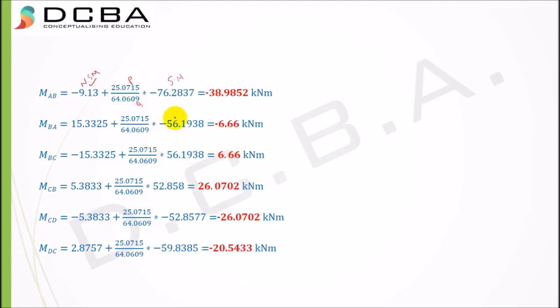Okay, so I hope you got how to do the moment distribution method for a portal frame having a sway, or basically a horizontal deflection. So I found for every point MAB, MBA, MBC, MCB, MCD and MDC. The check is that the two moments at the intermediate joints should come out equal, since there was no moment acting at that joint. And then finally after this you have to draw the BMD. BMD is not in the scope of this video lecture. I'll be showing how to draw a BMD in the next video lecture probably.